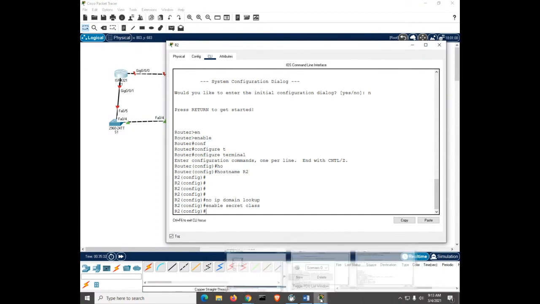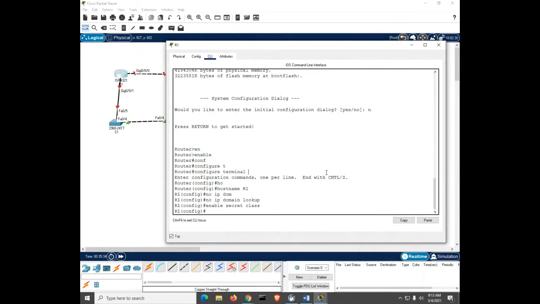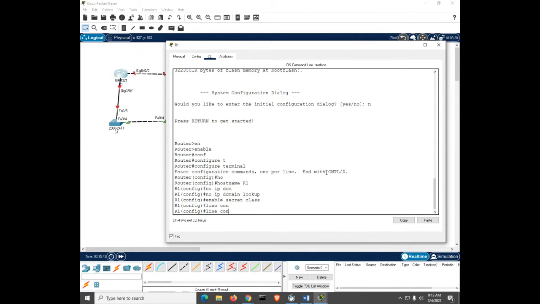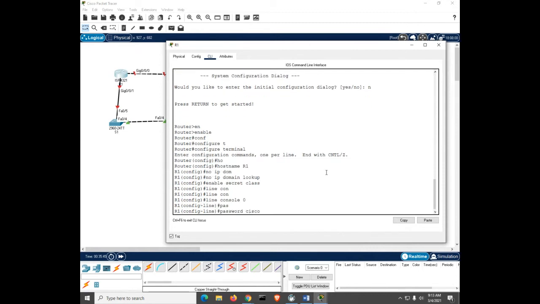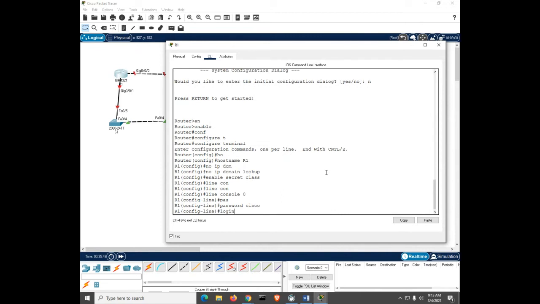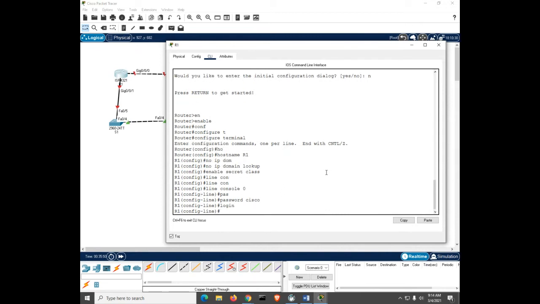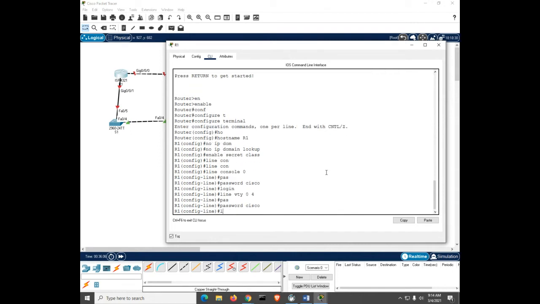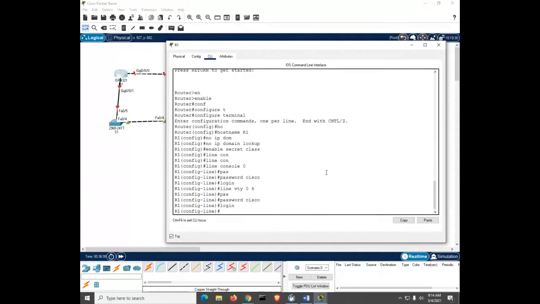Now let's go back to R1. And we're instructed to do line console 0 password Cisco. So line console 0, password Cisco, login. And I'll go ahead while I'm still here. I'm going to do the next two commands so I don't have to jump back so much here. So I did line console 0 password Cisco. Now I'll do line vty 0 through 4, password Cisco, login. And then the